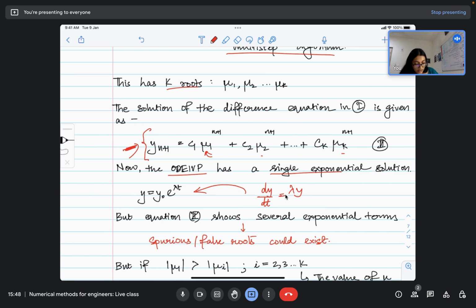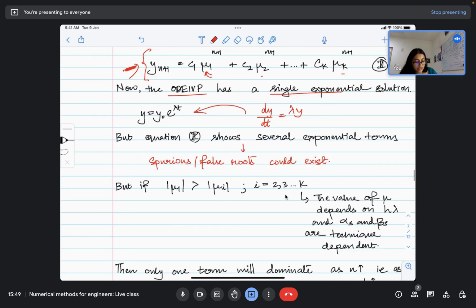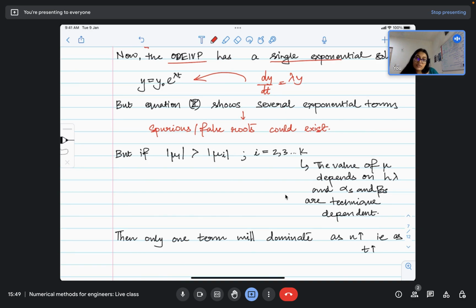Okay, but this equation is showing us that there are multiple roots, right? So only one of them is the true root, or closest to the true root, but all the others are false roots, or what are called spurious solutions. And hence, in this way, spurious solutions can exist. But in such a case, what happens is,